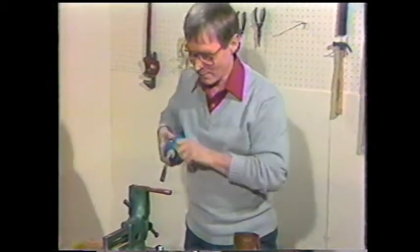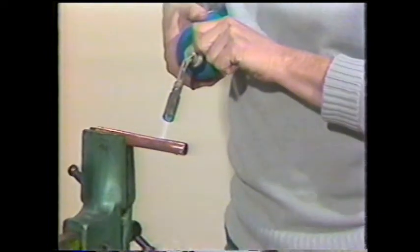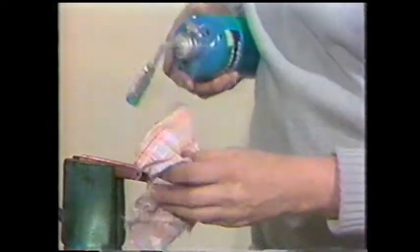Now, the important part is to heat the pipe. Don't just try and heat the solder. The pipe will melt the solder. You can see a little smoke coming out of there. That means we're making toast, so don't let that bother you. Wipe off the surplus